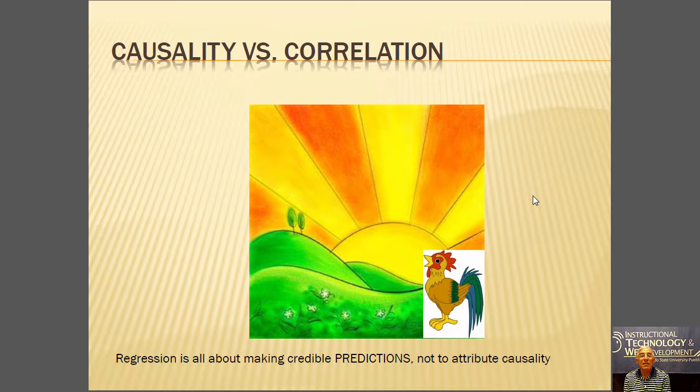It can say the sun comes up because the rooster crows. The rooster crowing does not cause the sun to come up. We can, of course, say there's a pretty good correlation between the sun coming up and the rooster crowing. And we could probably make pretty good predictions that if we hear the rooster crow, the sun will be coming up shortly. And that's what regression analysis is all about. Based on past history, what can we predict about the future of the relationship or the correlation between one variable